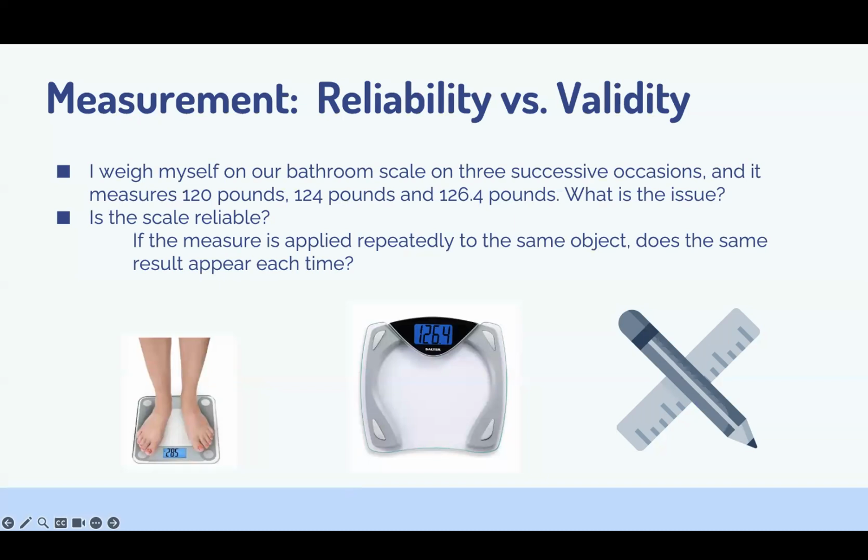Would you consider that this scale is reliable? No, right? Because the tool is giving me three different weights. They are significantly different weights and may not reflect the variability of my weight. And the responses are too diverse with this tool, 75, 100, and then 150. So the tool is not consistent. It's not consistent, so it's not reliable. It is not giving me the same answer when I use it.